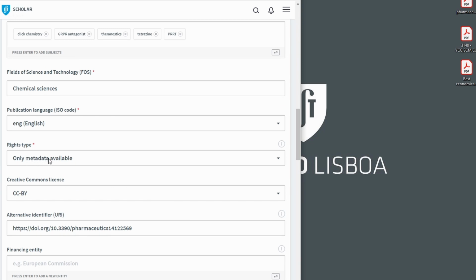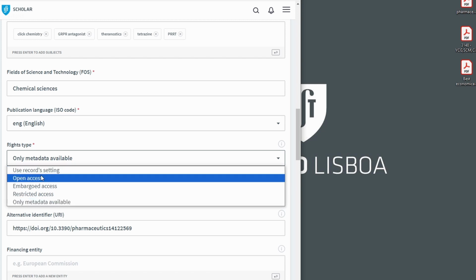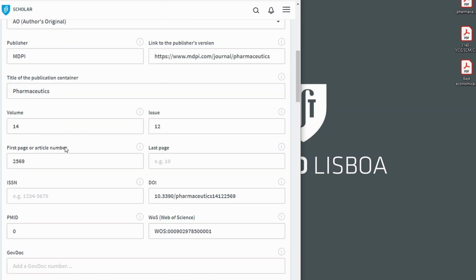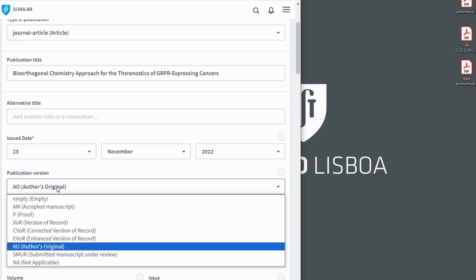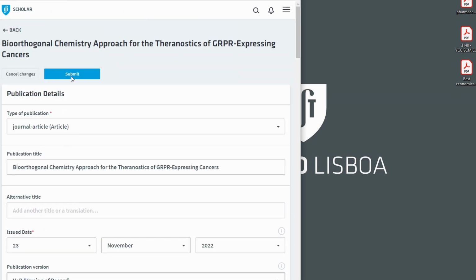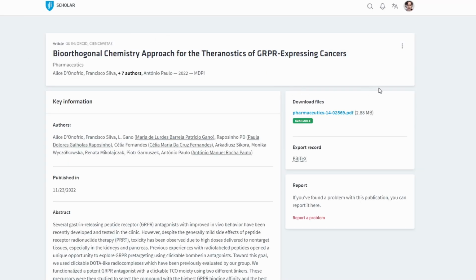In this case, it is no longer only metadata available, but open access. We can also include the information that we are dealing with the published version of the document. Therefore, this corresponds to the version of record, and we submit it. At this moment, this record already has the file associated with it, as we can see.